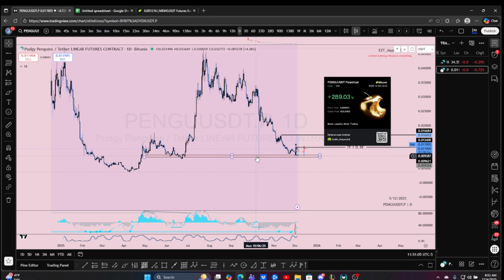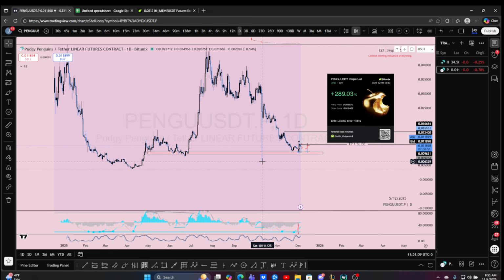So on Pengu, I was watching on the daily, and what do we have here? We have this previous liquidated zone, right? That we come liquidate. So hence it becomes a previous liquidated level, right? Lower low. And then now it comes back to rebalance that wick, right? So inside of this daily wick,